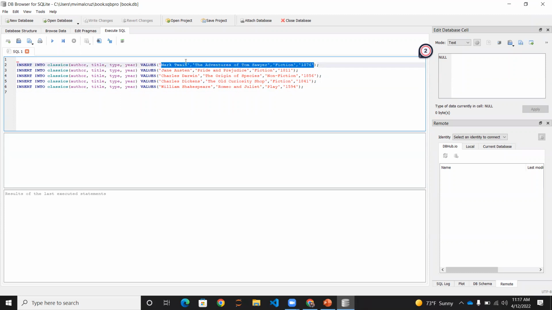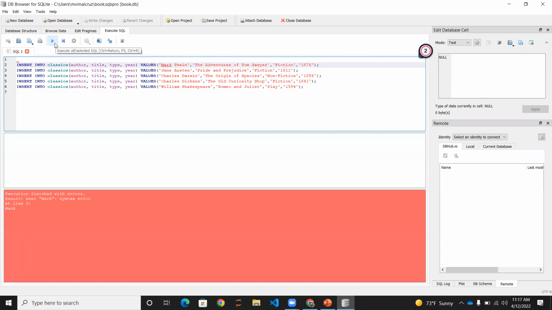Okay, so the first one is author, second one is title, and third one is the type of the book: fiction, non-fiction, play, and then year. So if I execute it,